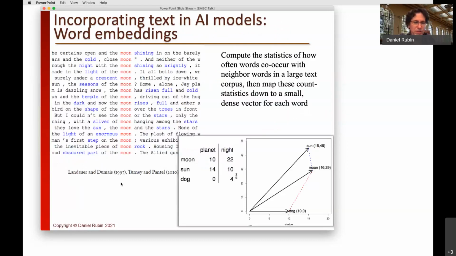A very powerful method that's dominant now for generating a representation of text for input into AI applications are word embeddings. For those who aren't familiar, bag of words was the traditional model of representing words as document vectors, where each dimension of the vector represented a word. In a word embedding, you learn a space where each dimension of the vector is not a word, but a number that represents the word and its context, which is learned in a